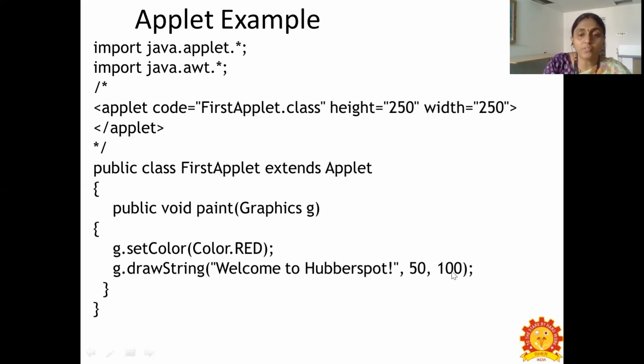So at the position 50, 100, you can see the welcome to HubSpot message on the applet window. This program will give you the output of an applet window where you can see the message welcome to HubSpot at the position 50, 100, the X and Y position, and the color may be red.